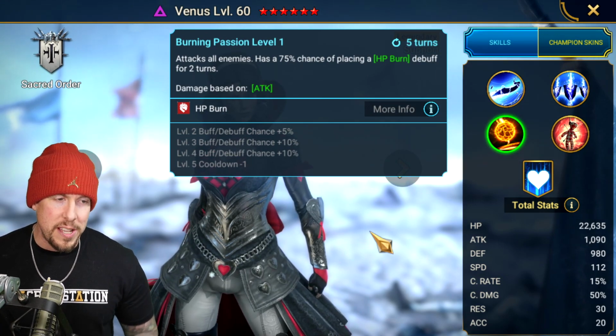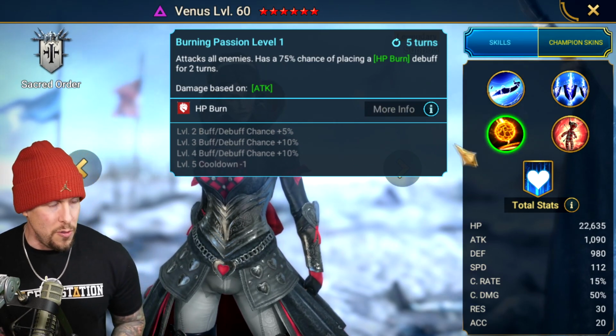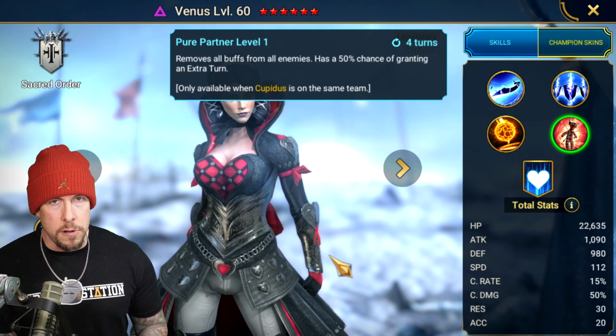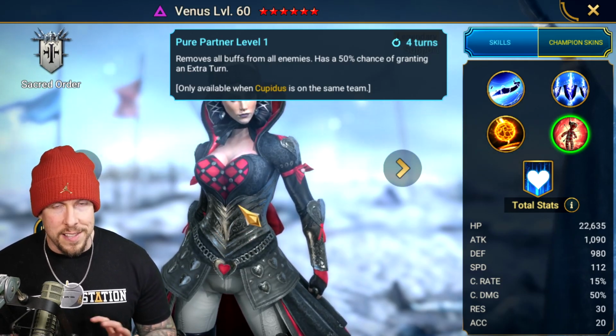This time with a 100% chance when booked to placing an HP burn for 2 turns. This is on a 4-turn cooldown. Now, we mentioned her partner ability with Cupidus, okay? They both have an insanely good